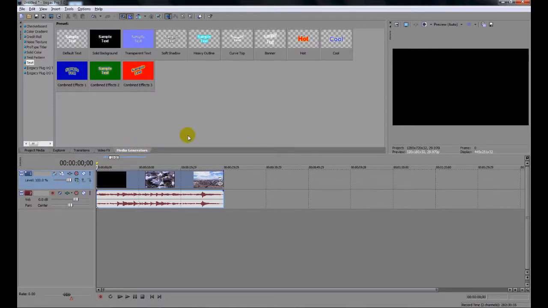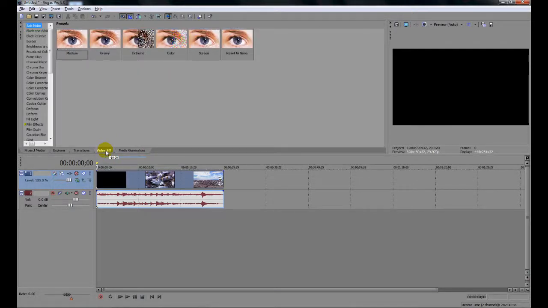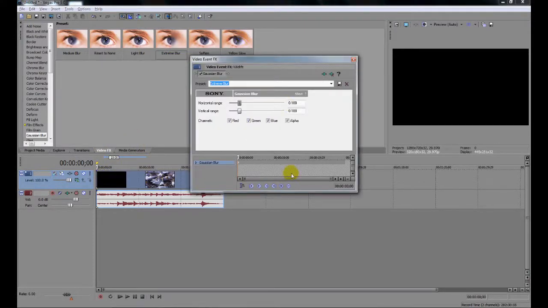It's kind of like instead of a black fade in, we can do a fade in with a video effect. Say, it can fade in from really blurry and then come into really nice, crisp and sharp. So grab your video effects tab, and there's a whole heap of video effects. For this example, I'll grab blur, Gaussian blur, and there's a whole heap here. How about I grab extreme blur, drag and drop that onto your footage, and then once again you are greeted